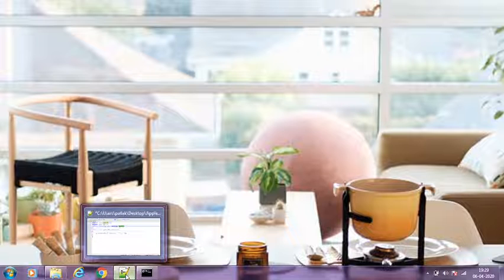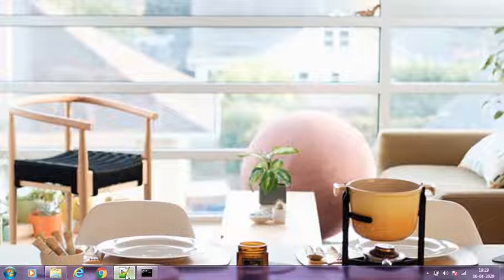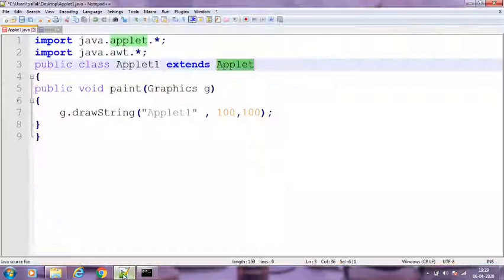As I have discussed applets in the last video, now in this video we'll see a simple program regarding applets. To create an applet we need to create two files, that is a Java file and an HTML file. Here you can see I am creating a Java file using Notepad++, and you can use any IDE, right? So we'll start with writing the code of a Java applet.